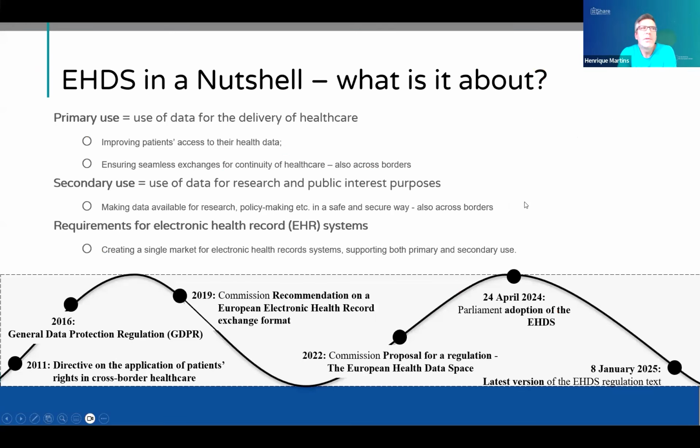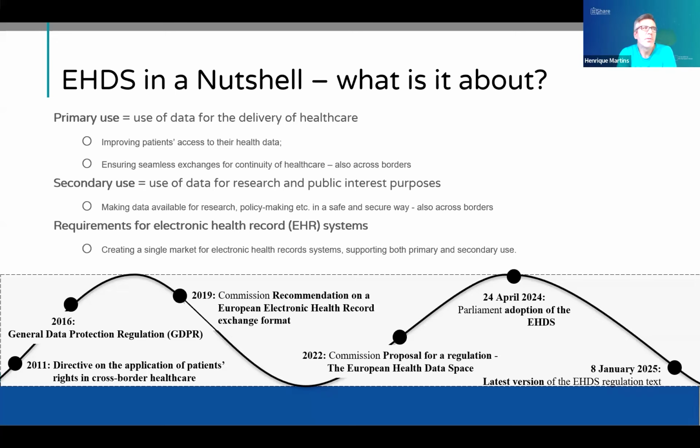In a nutshell, European Health Data Space for citizens means primary use. So when you go to a doctor, you go to an appointment, someone asks you questions, someone writes about you. This traditional usage of information systems and data is what the European Health Data Space calls primary use. So we're supporting the delivery of care. When you don't know if you have a vaccine or not, and you are accessing that information, that is supporting the delivery of care, because you check, oh, I've got to take it, so you book that.